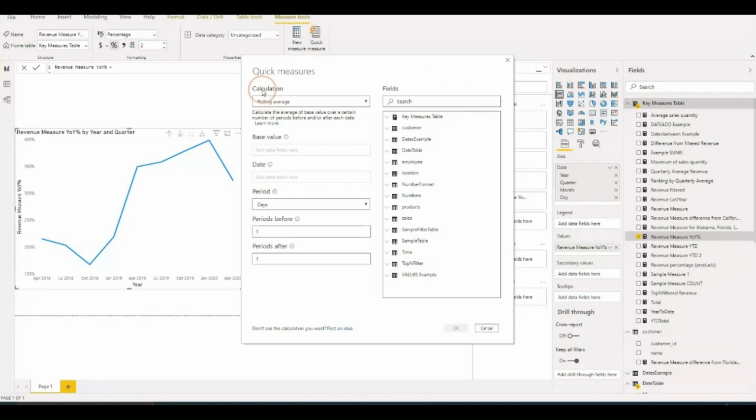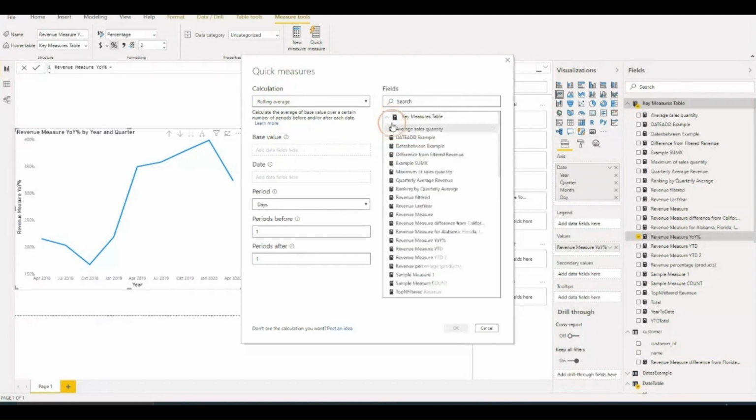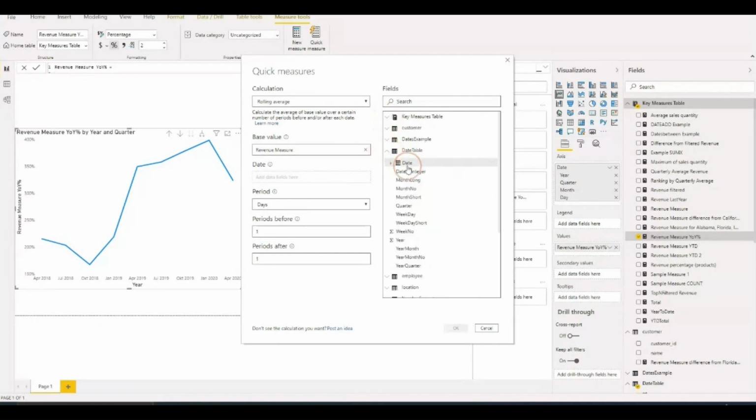So let's start creating this rolling average. Of course, as a base value, we again would like to have our revenue, and as the date column, we of course also want to use the date table with our date, and here we can now select a period. So what is this rolling average doing? It is creating the average of, for example, if we do it like this, the last 10 days. So we just have to say that we want to create the average